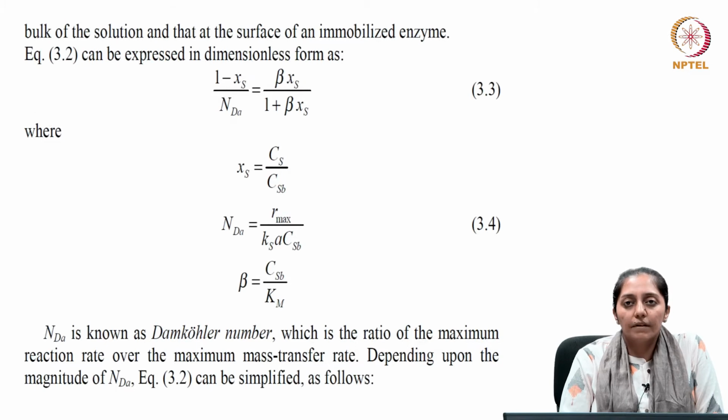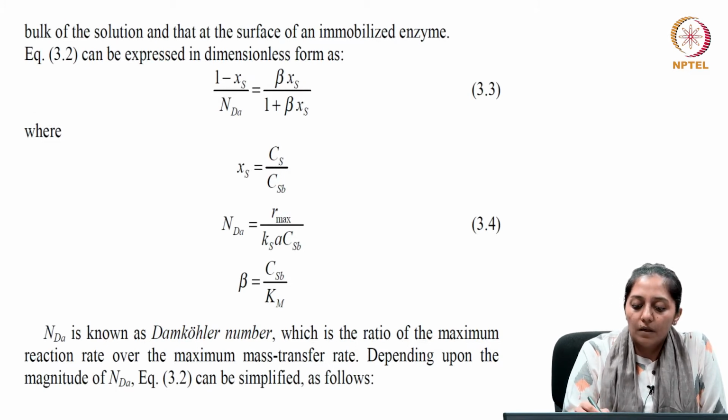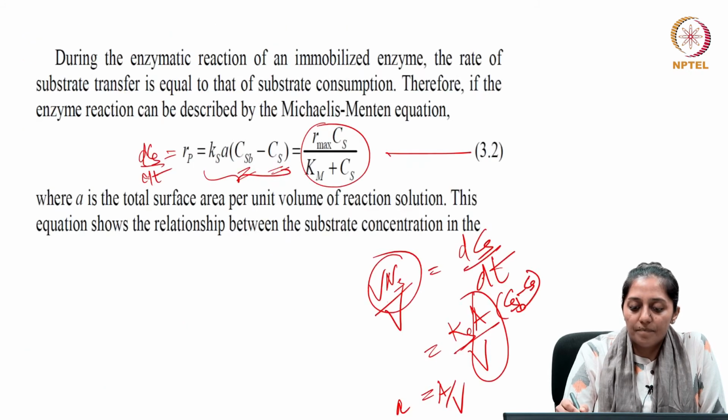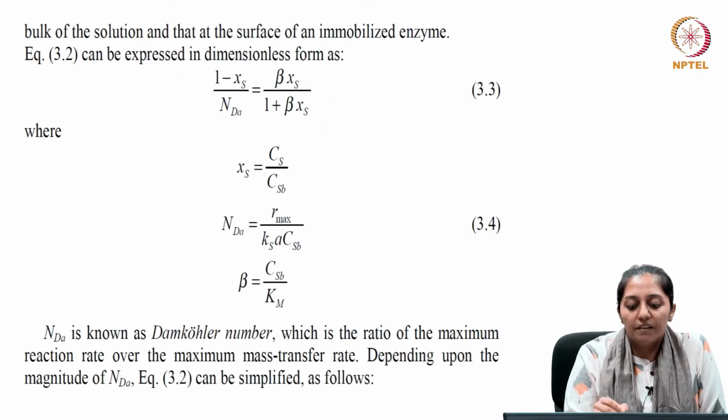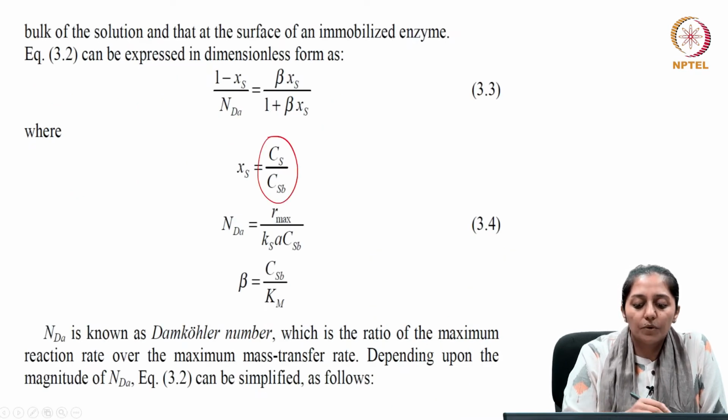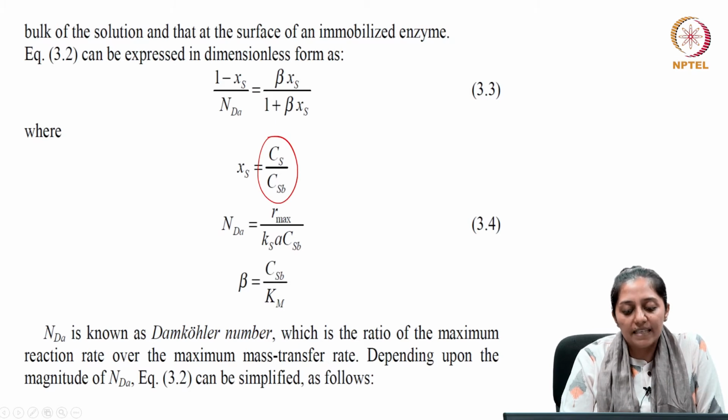Now, to give it a dimensionless form, we will have the entire equation 3.2 divided by Csb. If we do that and substitute Cs by Csb as Xs, and also bring some constants together